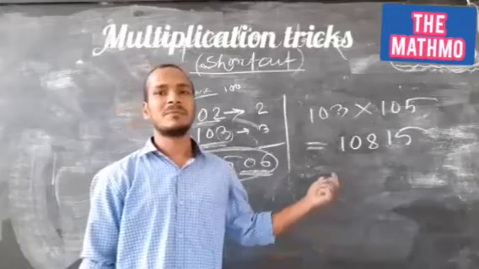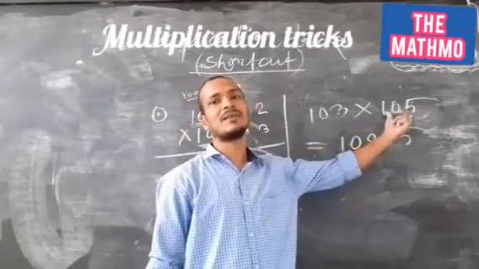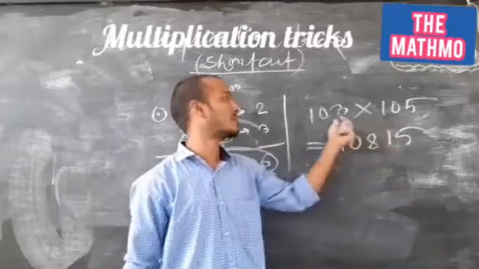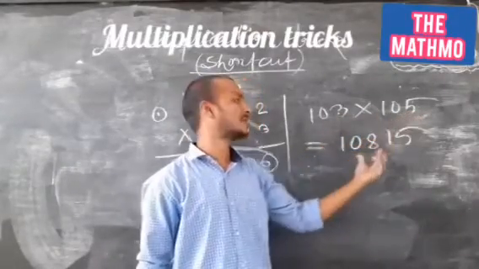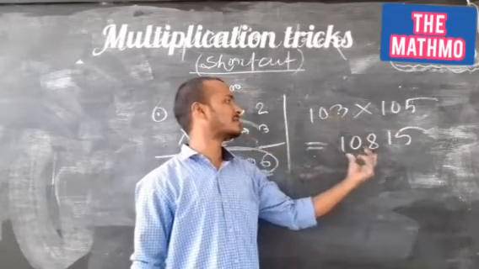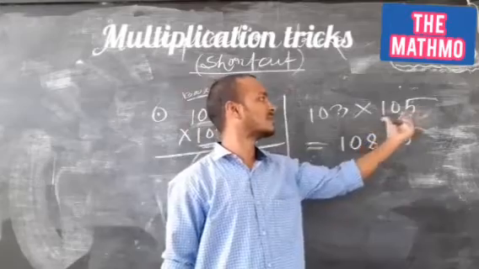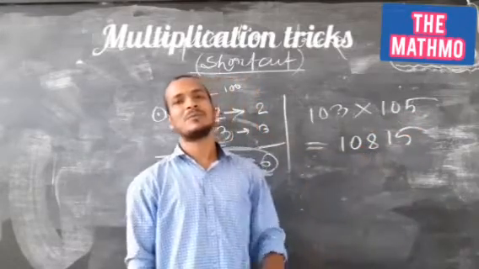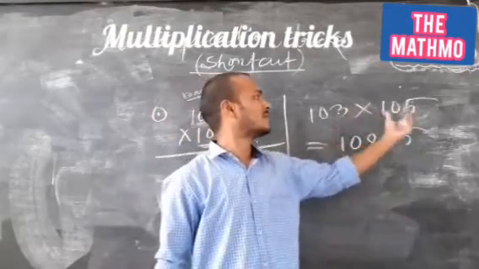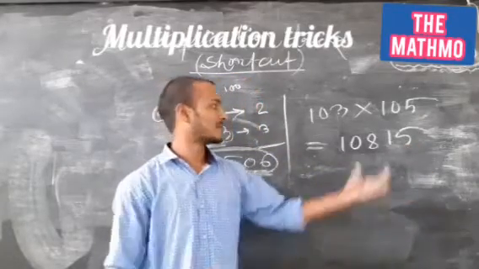It will not take more than a second. You see, this is 3 more than 100 and this is 5 more than 100. Either you add this 5 to this number or this 3 to this number. You'll get, say, 108. You add 5 to 103, it will be 108. If you add this 3 to this number, it will be 108. And what to do? This 3 and 5 you have to multiply and write here. Last two digits, 15. That's your answer.